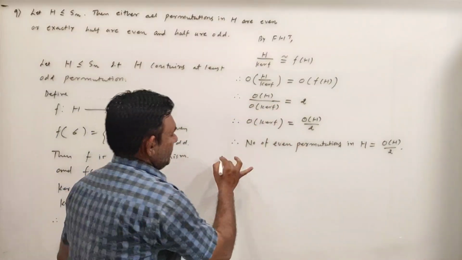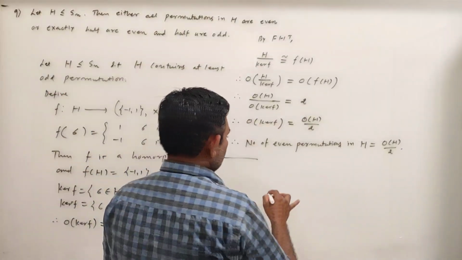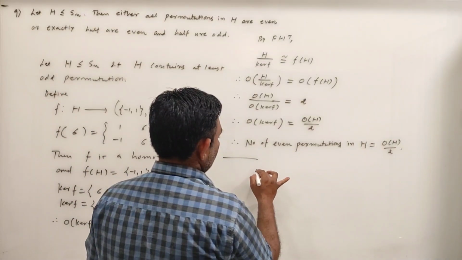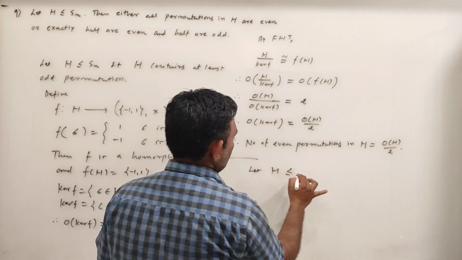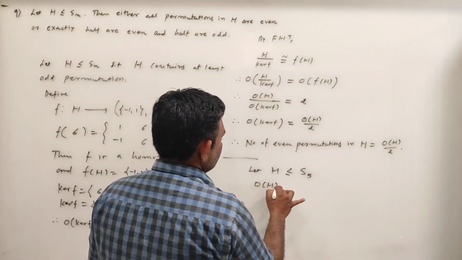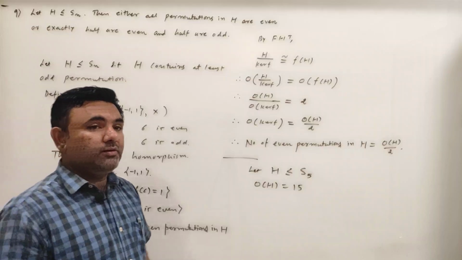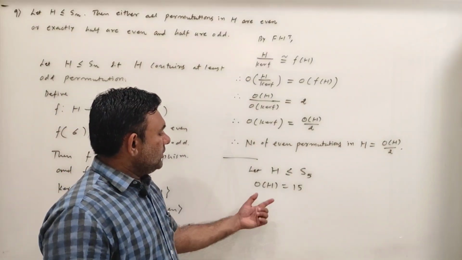Let us see one further application of this result. Suppose H is a subgroup of S5 and the order of H is, say, 15. Order of H is 15. So if you ask